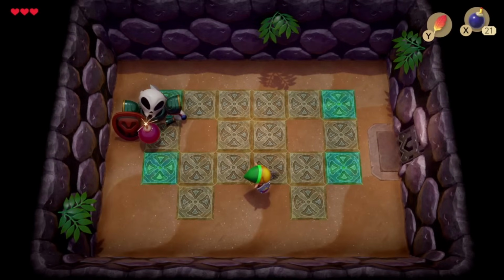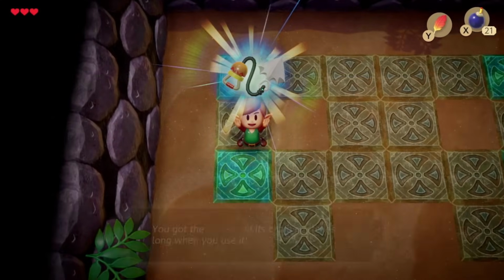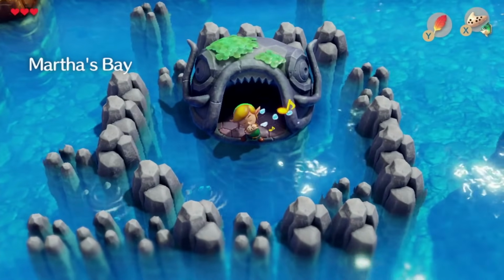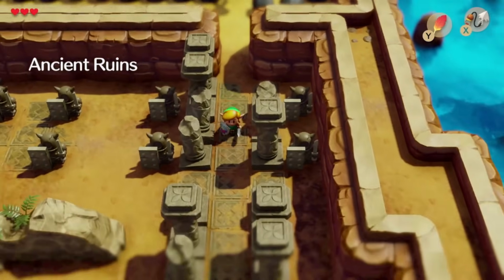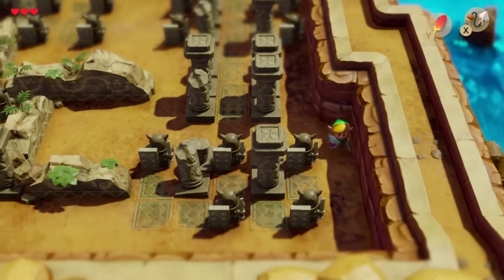Shortly after we enter, I make quick work of the skeleton mini-boss and grab myself the hook shot, an item that allows Link to latch himself onto objects and pull himself towards them. I once again leave the dungeon early without beating it and make my way to the ancient ruins to look for another dungeon key. I should mention that by this point, I was getting pretty far into the game and